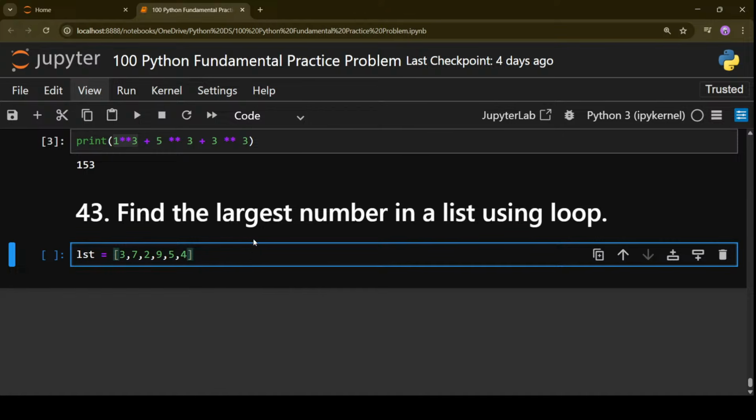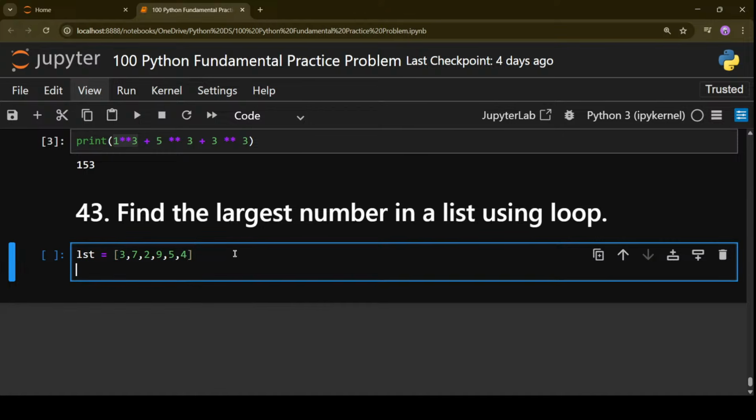Those who have already started writing the code, very good. For those who haven't, I'll give you a small hint. First of all, you have to do comparison. Assume that the first element is the largest element, because you don't know which one is the largest, so the safer option is to go with the first one.